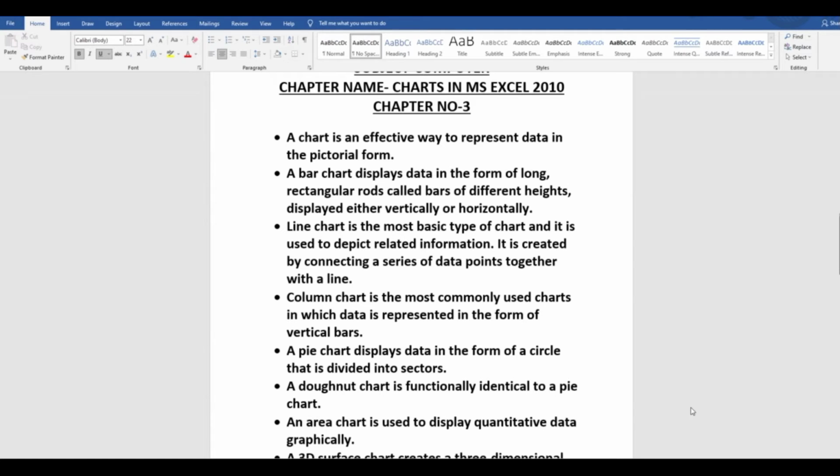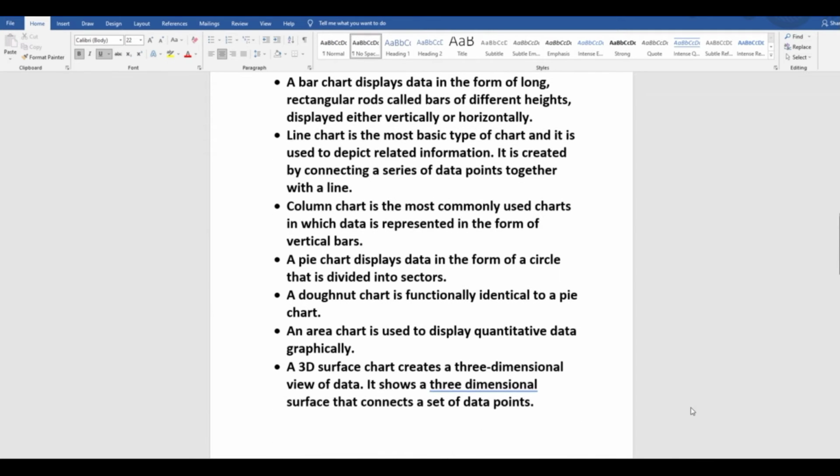Generally, categories are organized along the horizontal axis and the values along the vertical axis. Each data point in a series is represented by a column that rises from the x-axis. A column chart is used to show changes in data over a period of time or to illustrate comparisons between different data items. A column chart is preferred when the height of individual points is more important than the trend in the series.